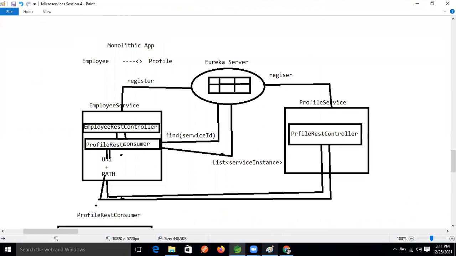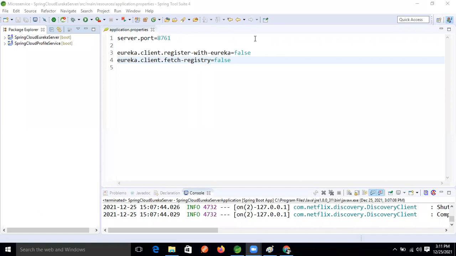Please confirm once everything is fine. Actually, a network issue is there.